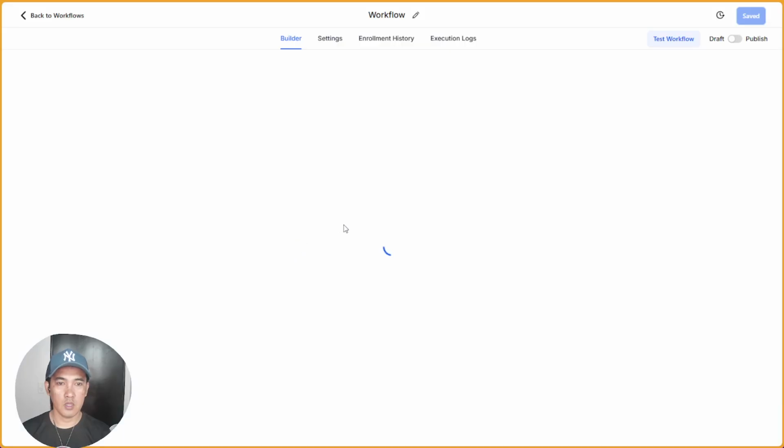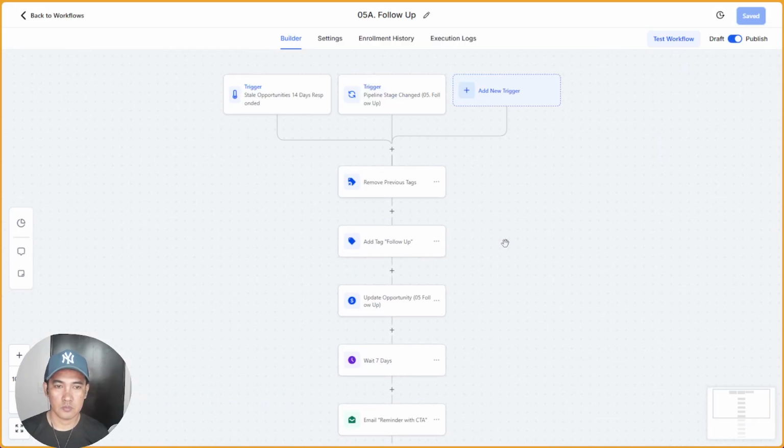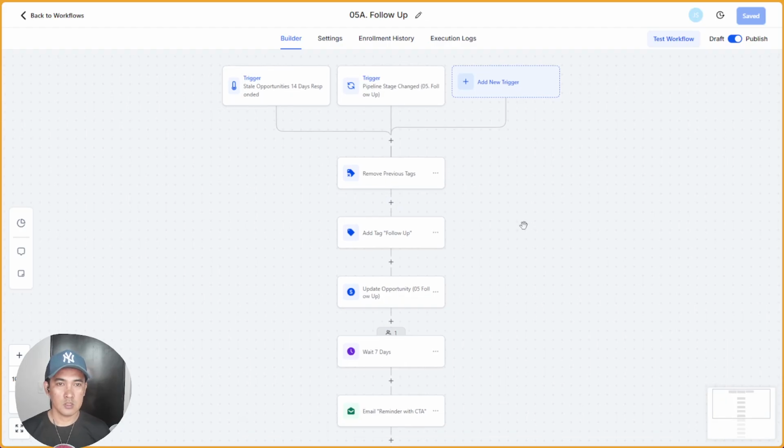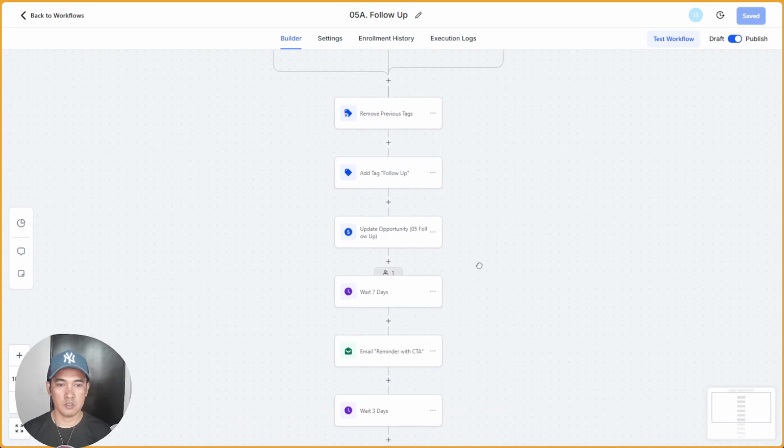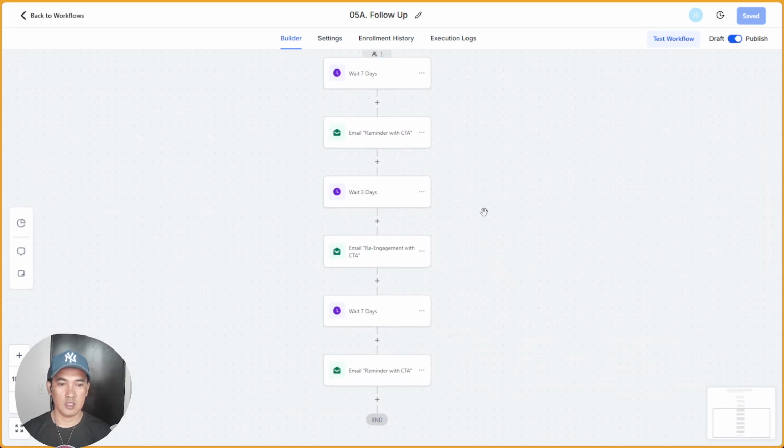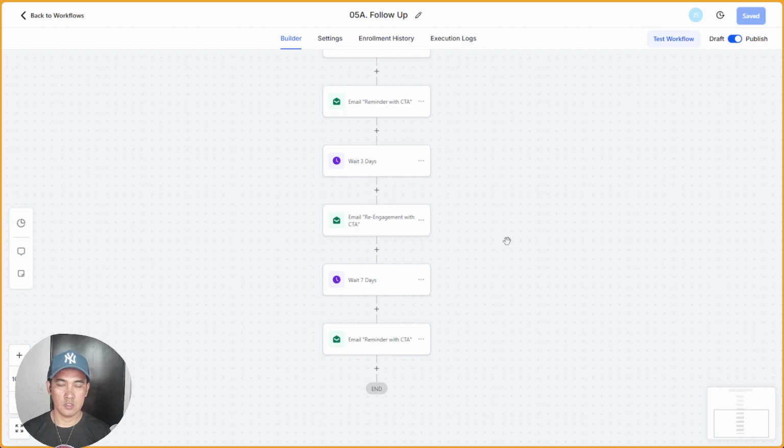and then follow up. So this workflow will trigger if the client is unresponsive for about 14 days, right? So we want to follow them up. Okay, just again, a series of emails.